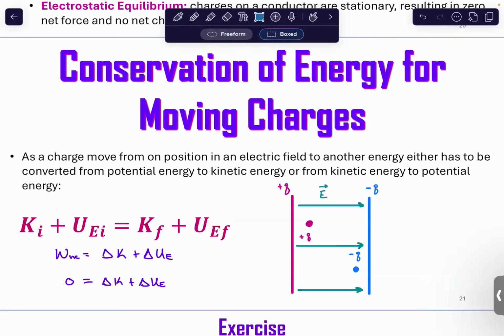Now, look at where I place these charges. Are these charges in the position of high potential or low potential? They're in the position of high potential because the positive is close to the positive plate, the negative is close to the negative plate. So then the forces on these